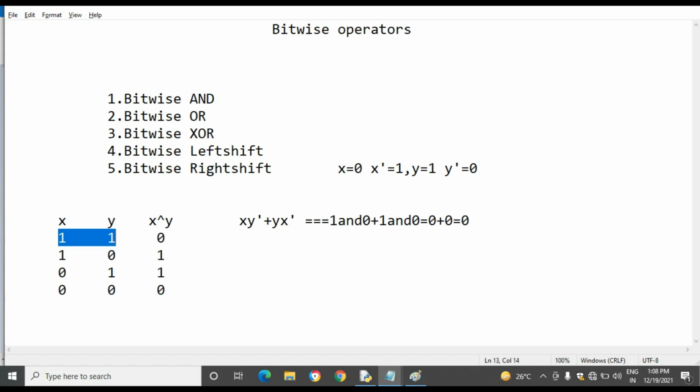If both x and y are true, it will display the result as 0. If both cases are false, it displays the result as false. If both are the same, the result is false. If both are dissimilar, the result is true. This is a simple trick.